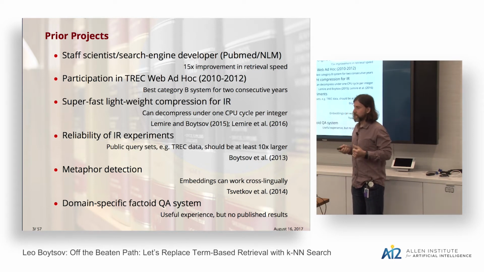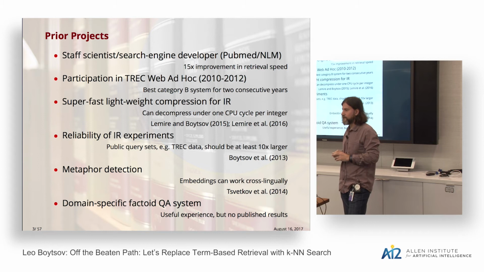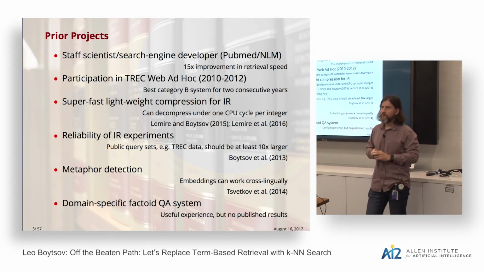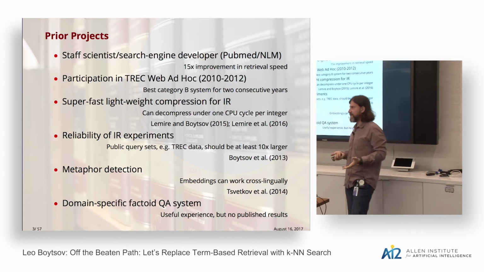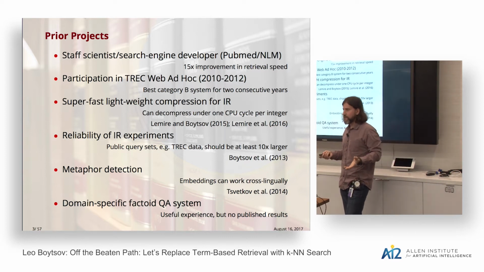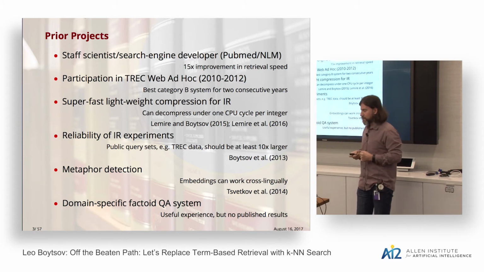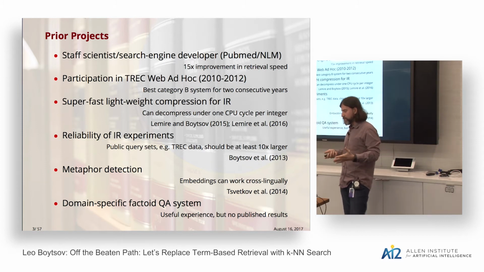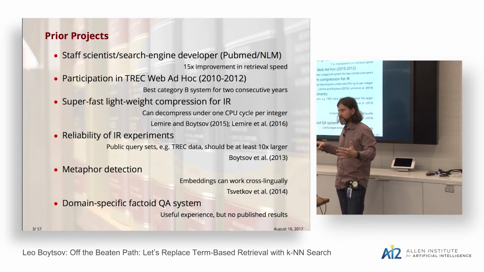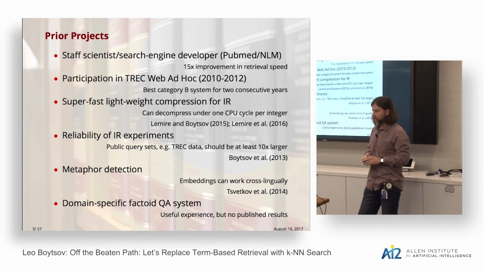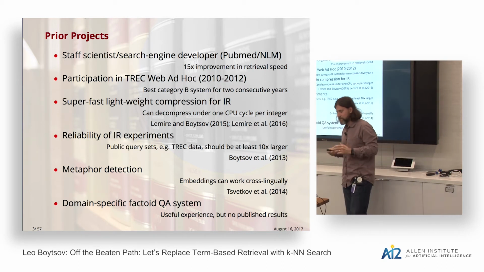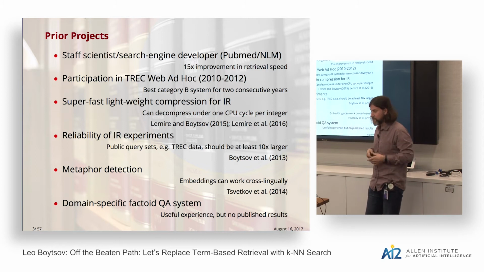Sorry, Lou. Yes. I'm just curious. What is the web ad hoc task, and what is category B? Well, ad hoc is basically ad hoc retrieval, but kind of web scale. But we didn't have enough resources because it was a personal project. It wasn't related to my work. So we basically had to use a smaller 50 million subset. So, yeah. And by the way, feel free to ask questions. I should have mentioned this. Yeah, interrupt me whenever you have a question.